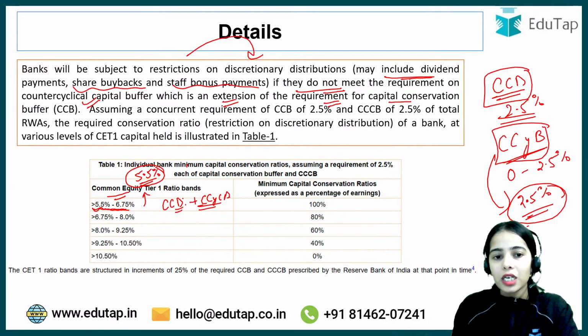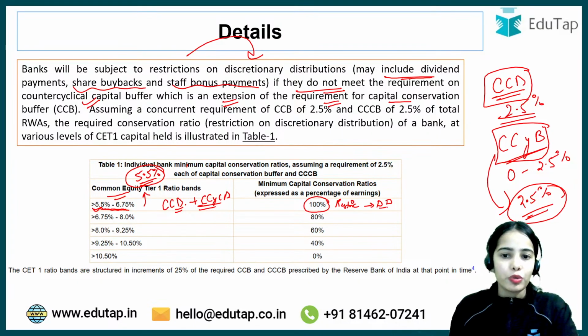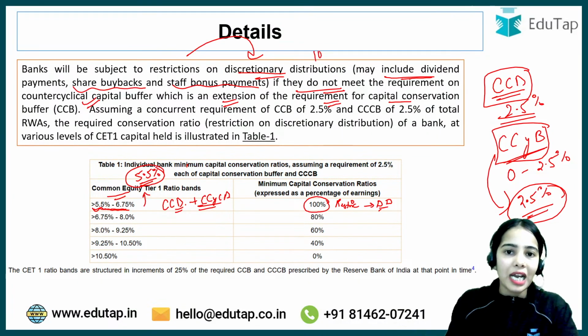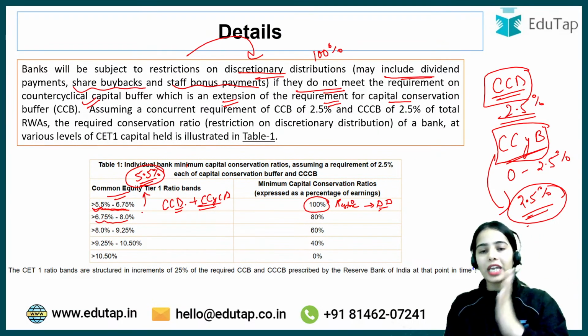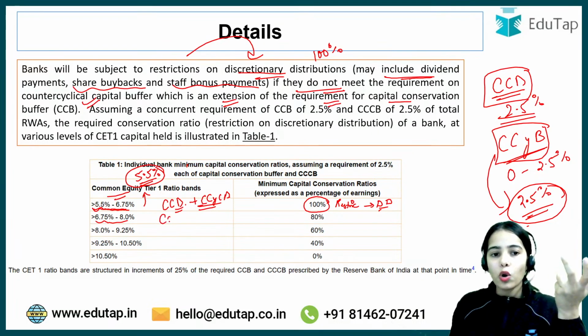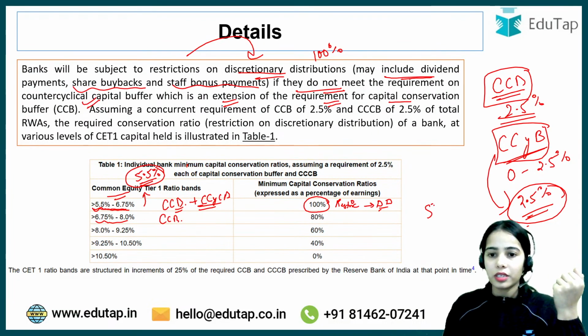They are not maintaining both of these completely. Then 100% of restrictions will be imposed on their discretionary distributions. Discretionary distributions will be 100% restricted. If the common equity tier 1 ratio is within 6.75% to 8%, so again they are not maintaining, because common